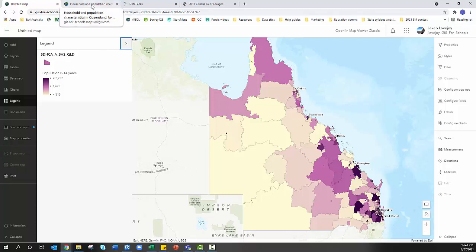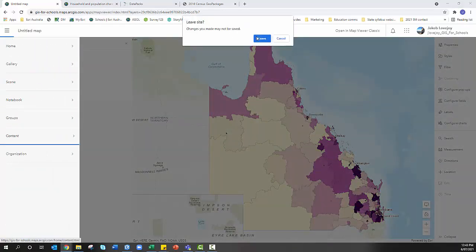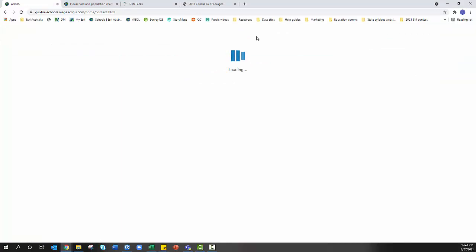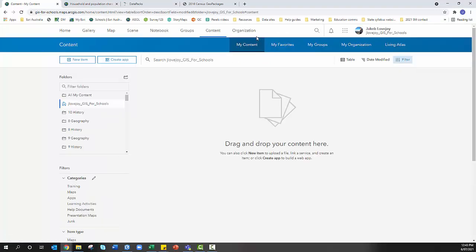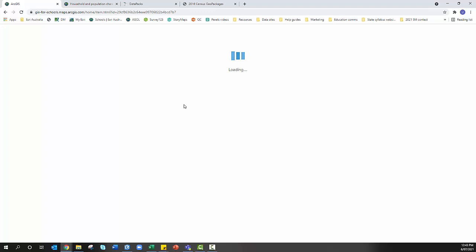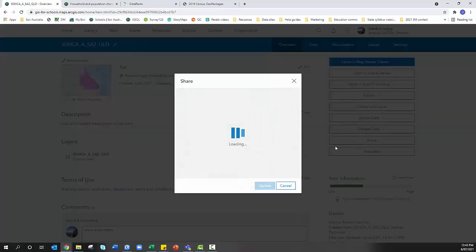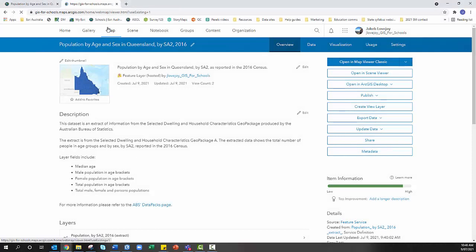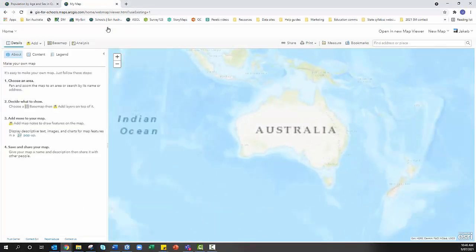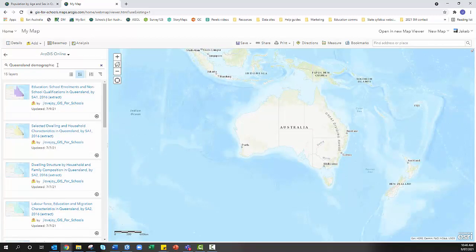Now, if I wanted my students to be able to find this in ArcGIS Online, I can share this publicly. It might be that if you're doing some really good work and some high quality work, you might decide to share it with all schools, and that's a big help to other schools as well. But I'll open up the items page again, and I'm just going to click share and share with everyone. This means that when my students or other users go to look for the data, it's going to be available in ArcGIS Online. So I've just opened a new map,